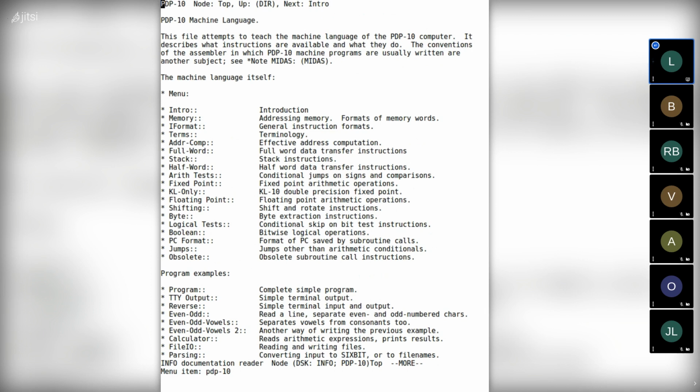So we exit info and we start Emacs. As you may know, Emacs comes originally from ITS, and actually ITS today is still very much like it was back then. So it's kind of like 90% the same.